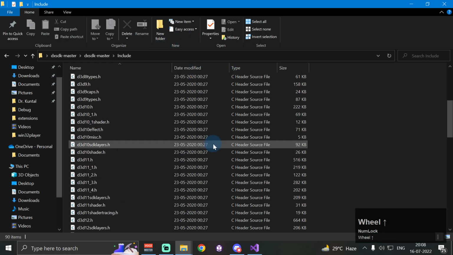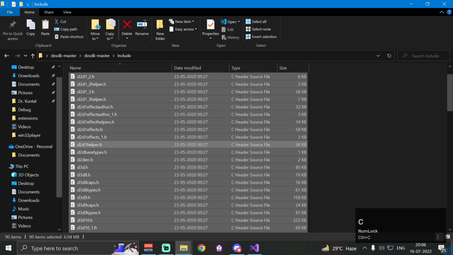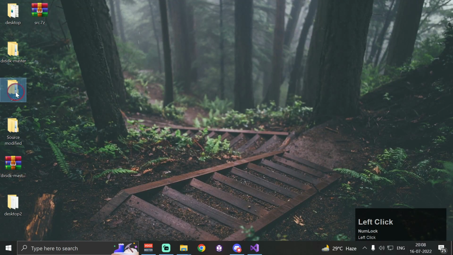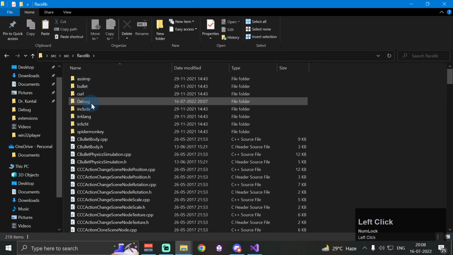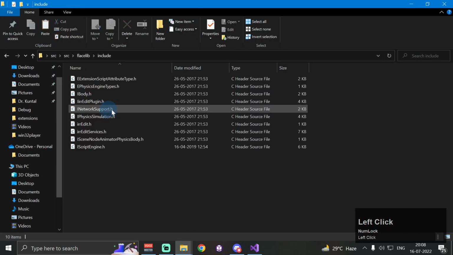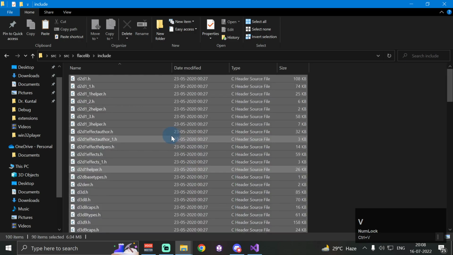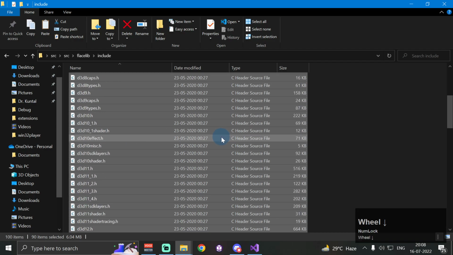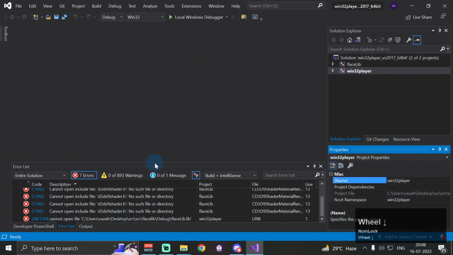files in our project. So what we have to do is simply copy these files and then go to source and /lib, then this include folder. In this include folder, you have to paste all the files that you have copied from the DirectX SDK include directory. And now go back to your project, and